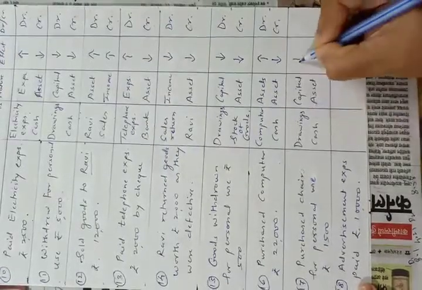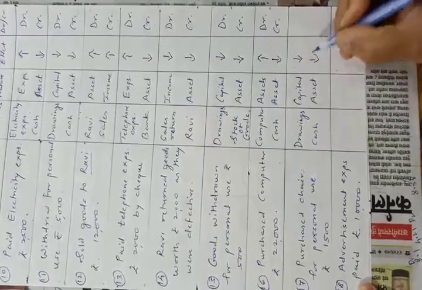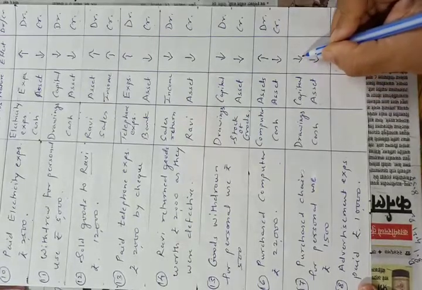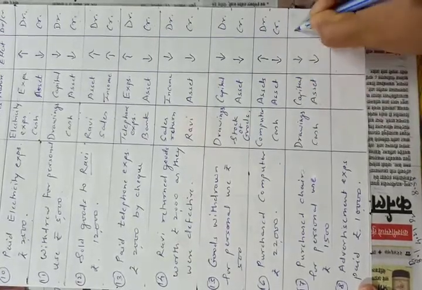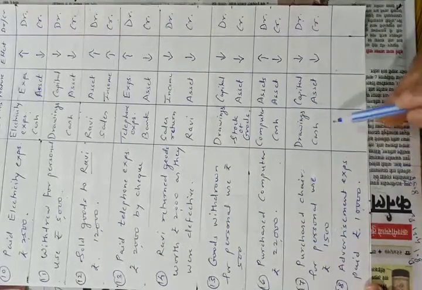By this drawing, capital will reduce and our cash also will reduce. By using second rule, if there is reduction, that is decrease in capital, account should be debited, and by using first rule, if there is decrease in asset, account will be credited. So in this transaction, drawings account will be debited by rupees 1,500 and cash account will be credited by rupees 1,500. Okay. And now today's last transaction: